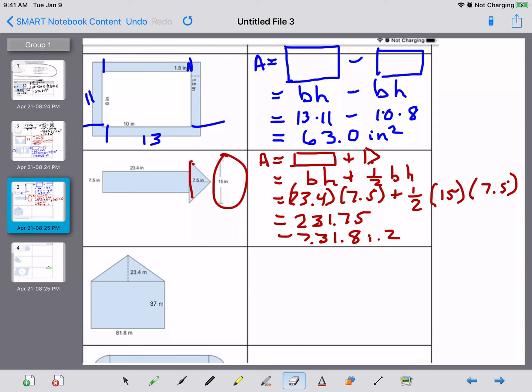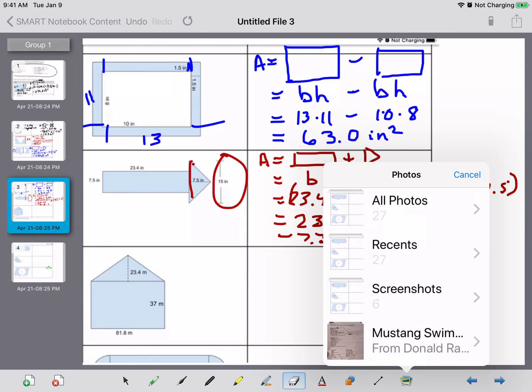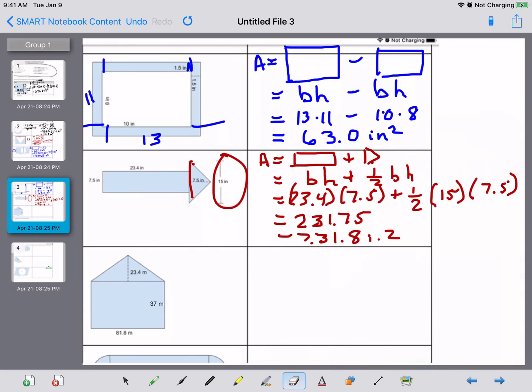Okay, welcome back. We've got this next section, and we're looking at this height, and we have an area, which is equal to the rectangle plus the triangle. So we have base times height of a rectangle plus 1/2 base times height of my triangle, and my measurements are 81.8